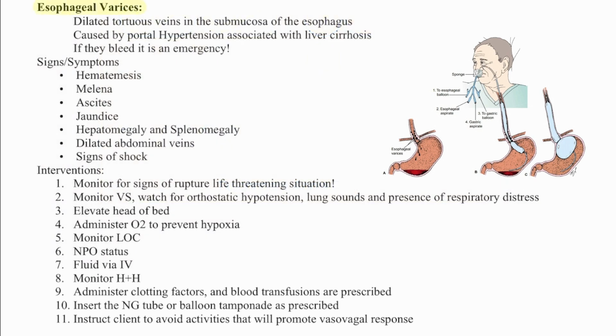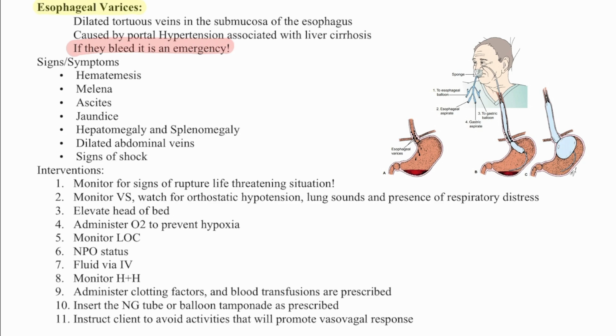Another diagnosis we may see is esophageal varices. These are dilated veins in the submucosa of the esophagus. It's caused by portal hypertension associated with liver cirrhosis. And if they start bleeding, this is a medical emergency. Signs and symptoms are